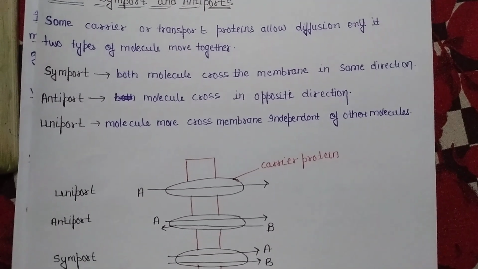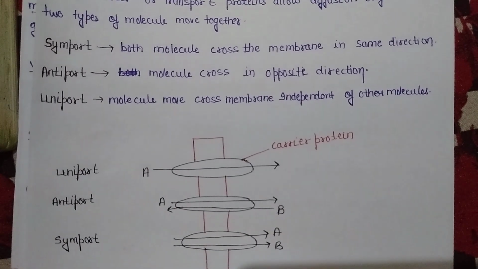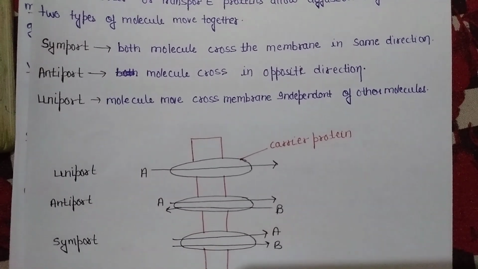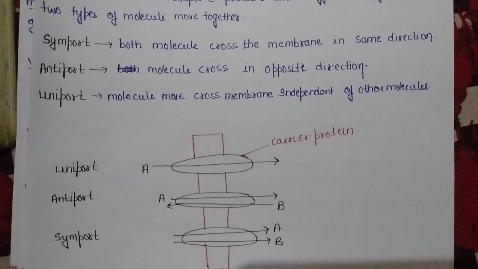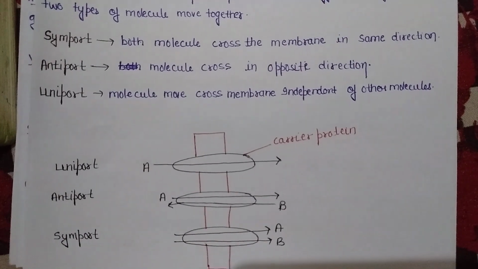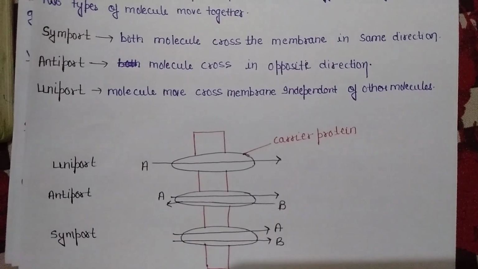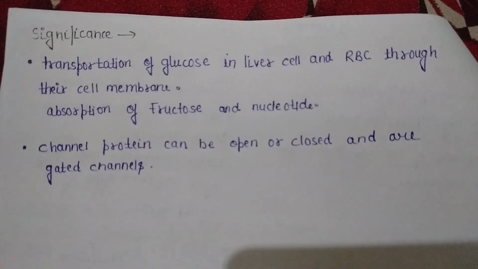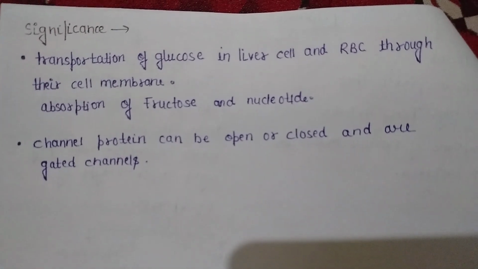Symport is one in which both molecules, as you can see, the last one, A and B molecules, are moving in the same direction. It is symport. And in antiport, both molecules cross in opposite directions. And uniport is when one molecule moves independently of any other molecule. It is uniport. Significance of facilitated diffusion is the transportation of glucose in liver cells and RBCs through their